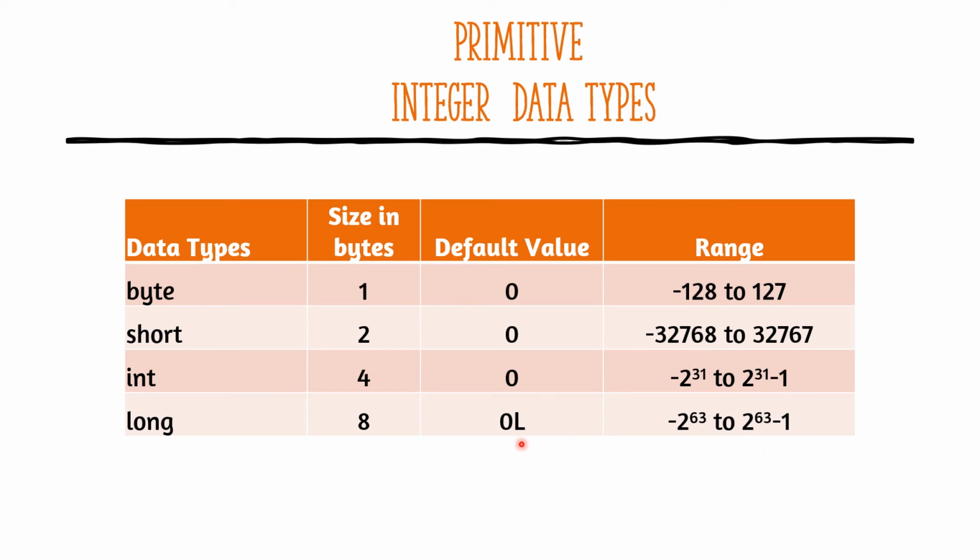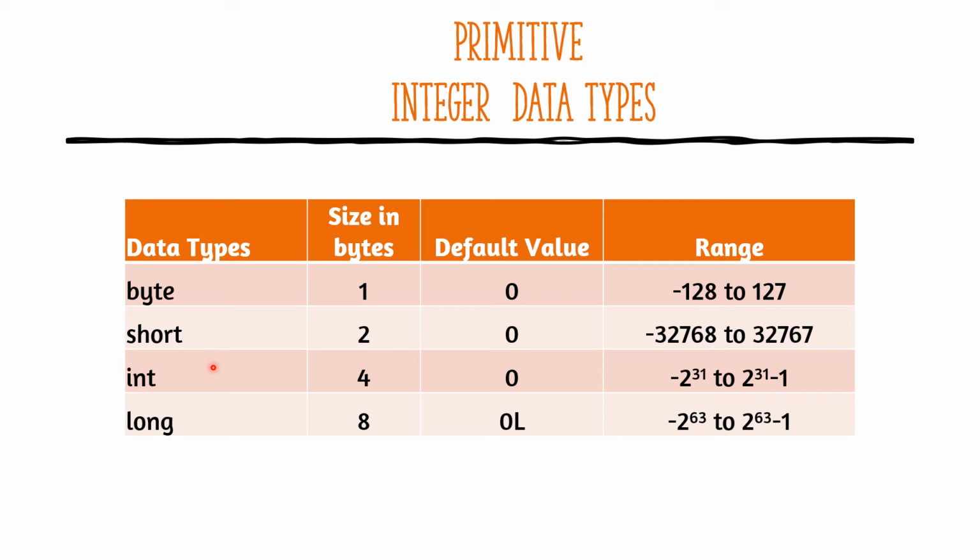And now the question arises: if we are having int and long, what is the need of byte and short? We can straightaway declare a variable as int a or long l. Just think, if you want to store a glass of water, will you prefer a small glass or a big bucket? For storing a small quantity, we need only the glass.